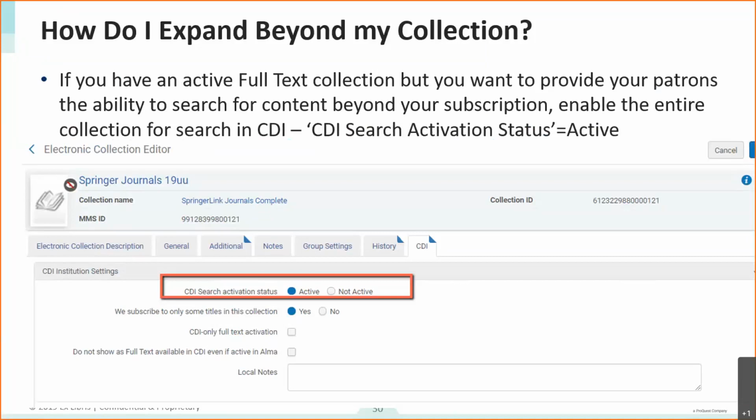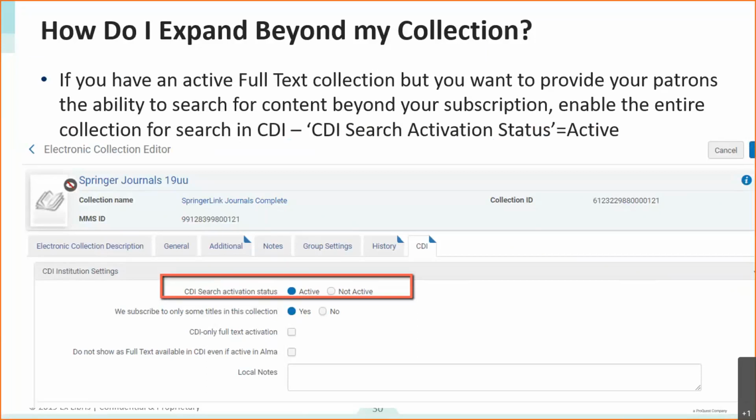So there's a portion that you do subscribe to, and there's another portion that you do not subscribe to, and that you do want to make available for search. And then you will use the CDI search activation status as active. You will mark it as CDI search activation status active, and then it will make the entire collection searchable.